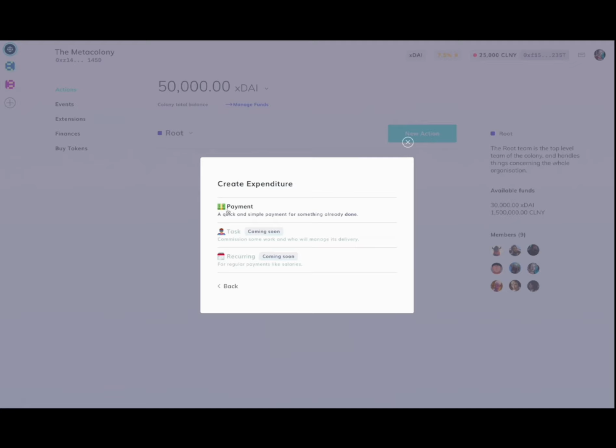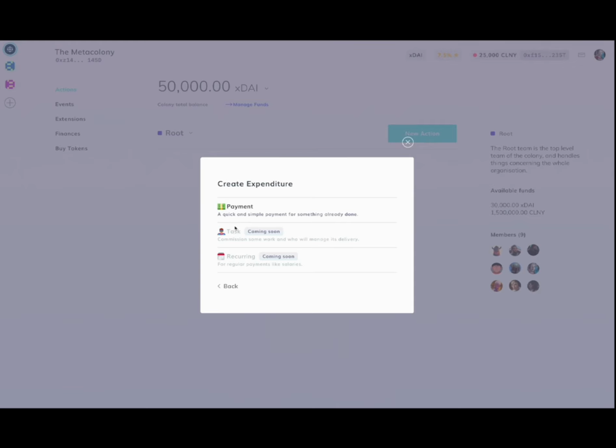So you can do batch payments, you could do milestone-based payments, you could do payments to many people at the same time, and you can even construct, using extensions, more sophisticated types of payment arrangements, things like tasks,